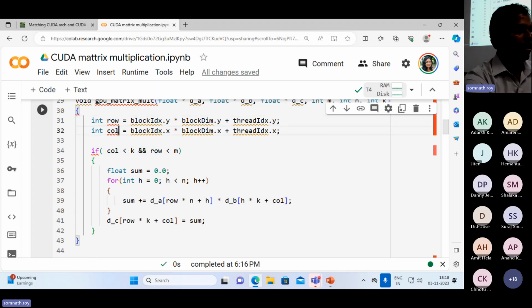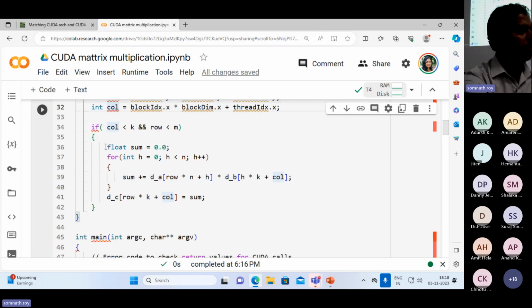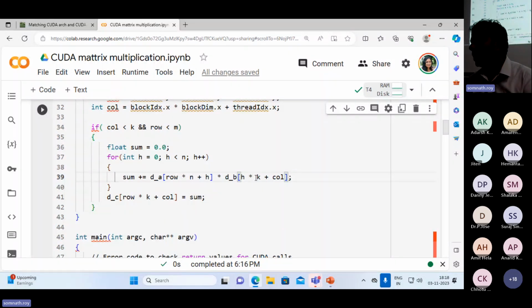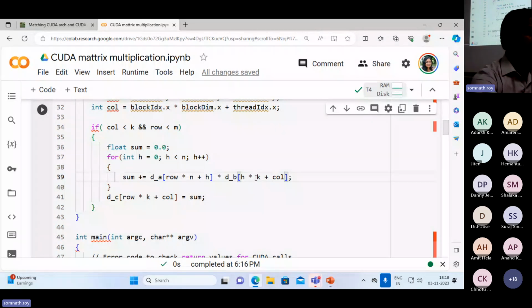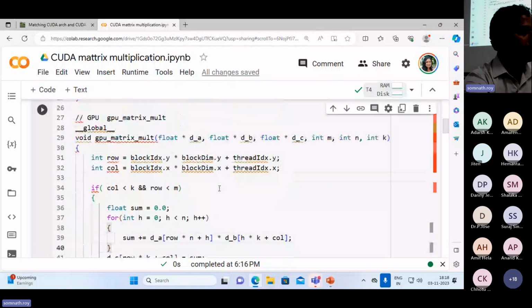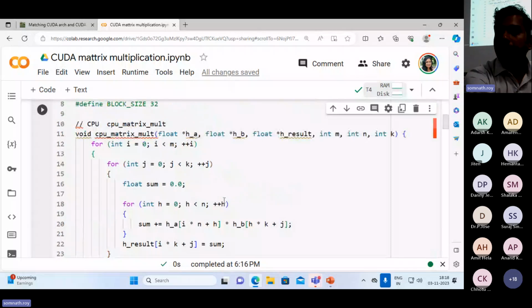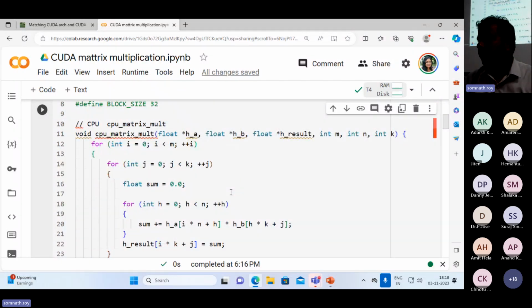Whether this row and column value which we have calculated is within the bound, and we're performing the individual element multiplication and sum operation over here. And finally, we're storing the results in d_C. So we can see here that this particular GPU version